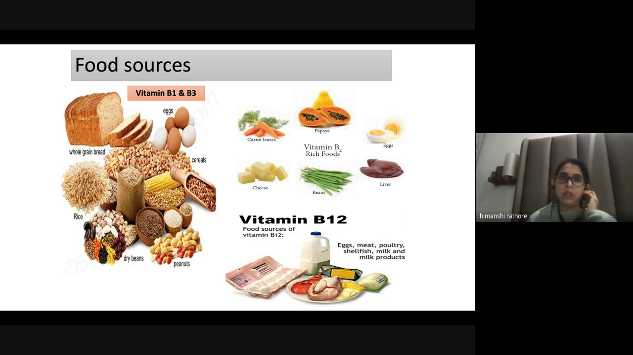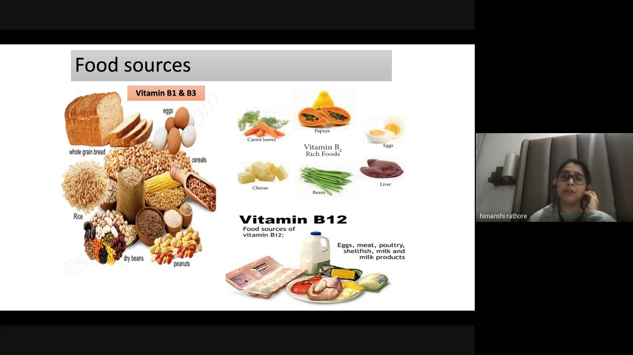So some of the vegetables, some of the fruits and not grains. B1 and B3 are present in grains, B2 is present in vegetables and fruits, and the meat source is liver. Vitamin B12 is only present in the non-vegetarian sources. It is not available in the plant sources, and hence this is the reason that mostly 90% of all the vegetarians are deficient in vitamin B12,